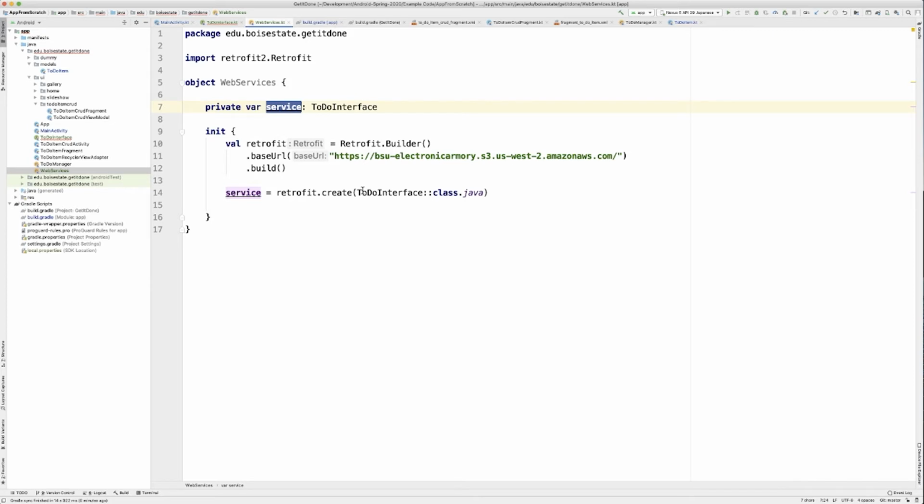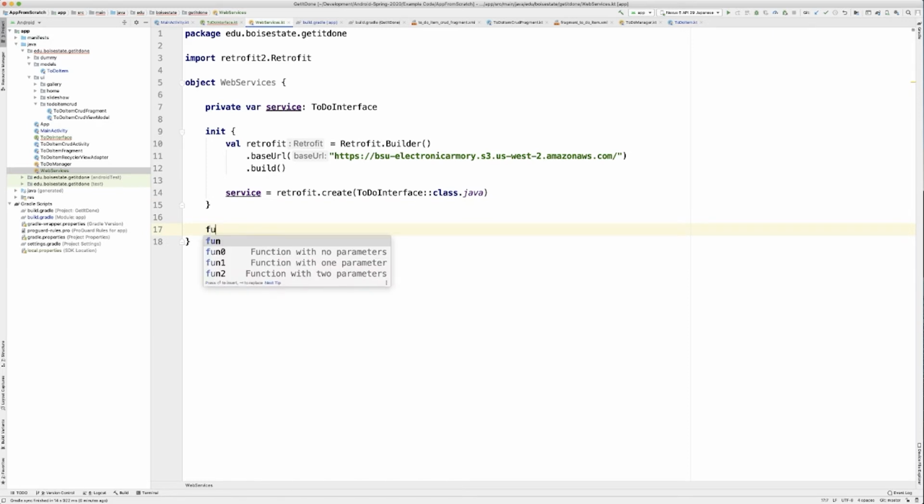And then we have to actually make sure that we have an interface to the endpoint, but what we need is a function to call that Retrofit version of that endpoint. So as part of this WebServices class, I am going to create a function. This is because it's an object and not a class. This is going to be a singleton that we can just call this on. So I'm just going to say todos. This is a function called todos. And as part of the